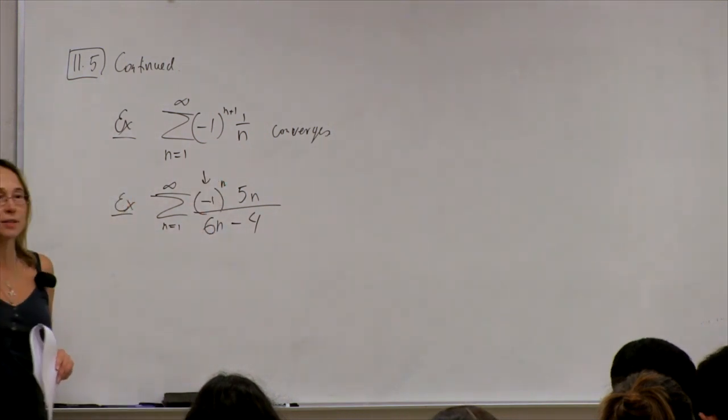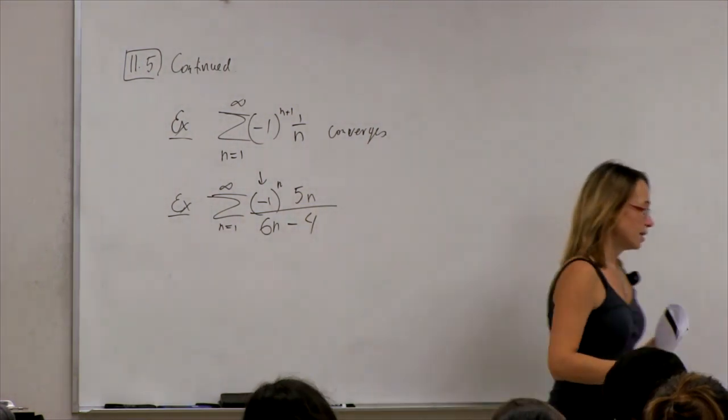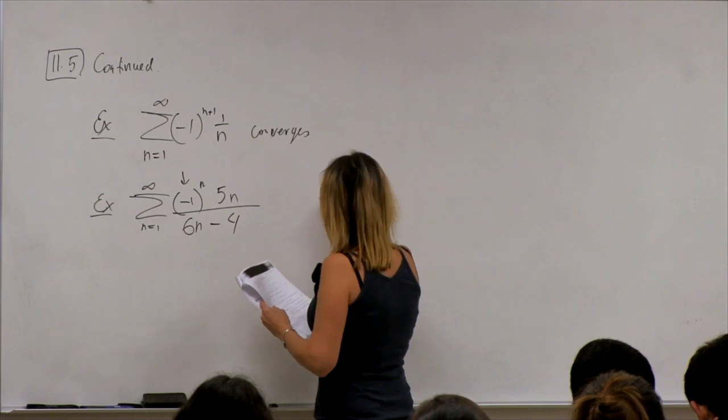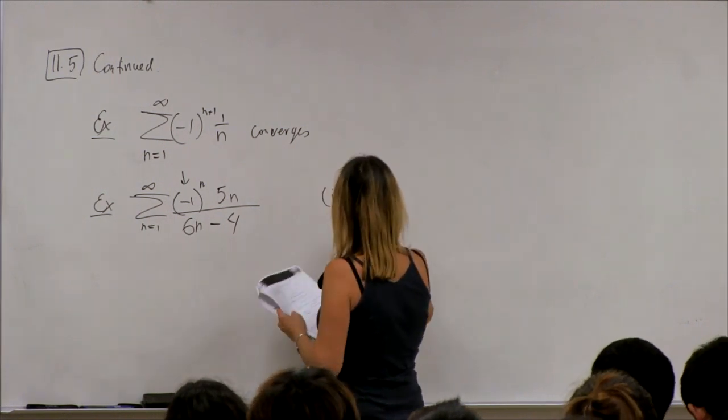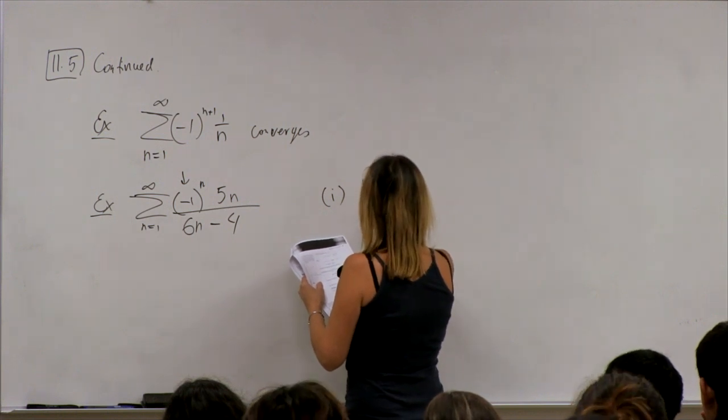It changes sign at every step. So we apply the alternating series test. And there are two things that we need to prove, right? So first we have to prove that b n plus 1